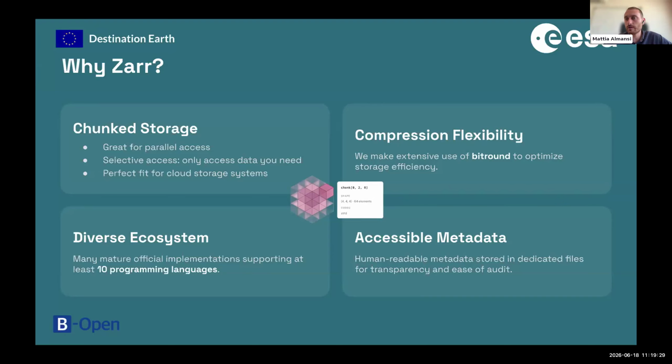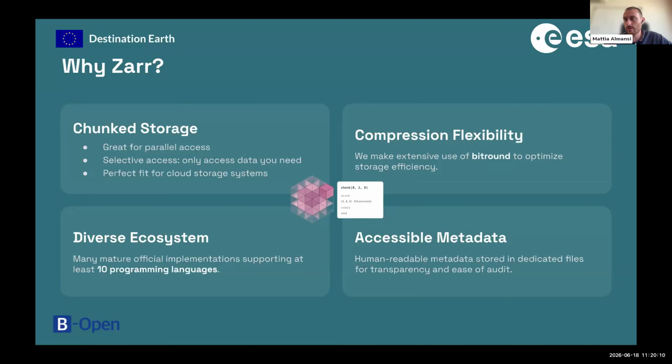And finally, another great example of the advantage of using Zarr is that it's very, very easy to do selective access. A simple example: say you are an Italian researcher studying dynamics over the Alps. With Zarr, if the dataset is properly chunked, it's very, very easy for you to access just the data that you're going to need. That means that you're going to download or access way less data than you would have with other file formats. This is the core feature of Zarr and why we decided to use Zarr.